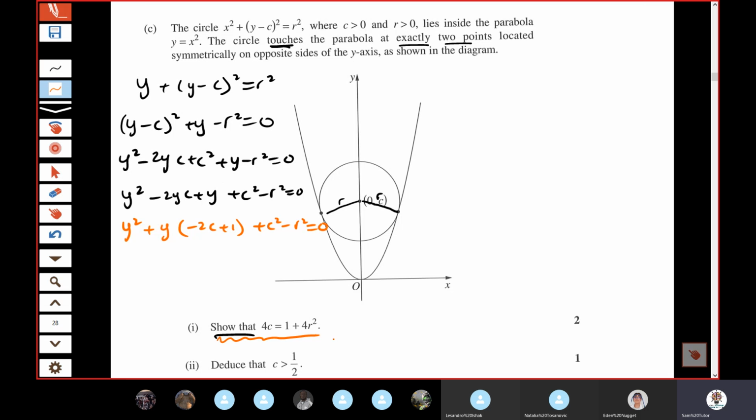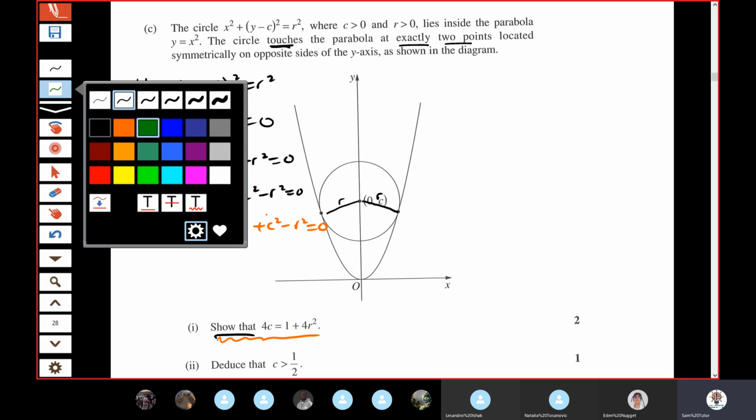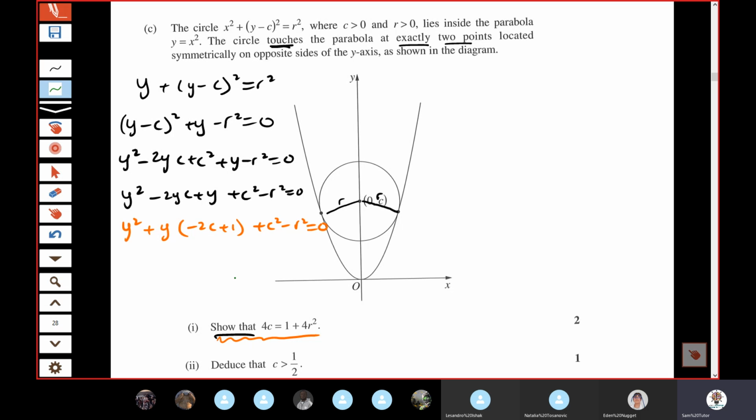The only formula that I could use to solve a quadratic that won't include my actual pronumeral is the formula we just used, the discriminant. So if I did delta equals b squared minus 4 times a times c equals 0,